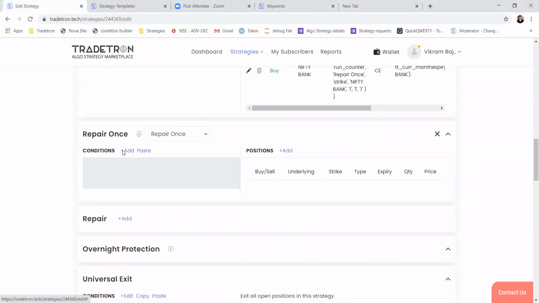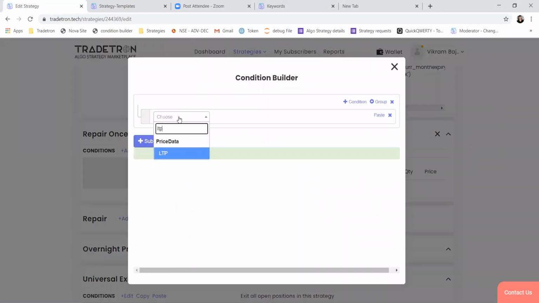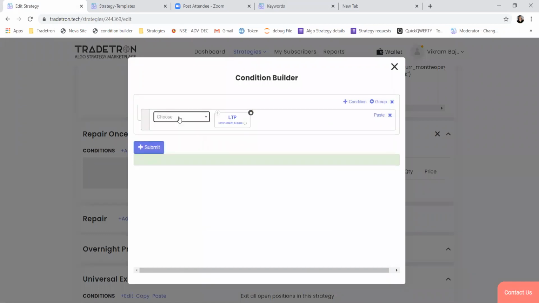Take the LTP of any instrument which you want, use this percentage sign which stands for mod, mod it with the number 10, and if the result is equal to 0, then this satisfies your condition to filter the stock which has price divisible by 10. But as the price keeps on changing every second, every minute, I don't know how this condition will work, but this is how you can write it.